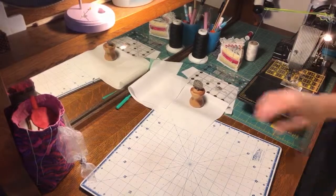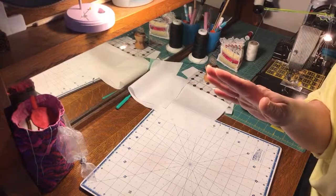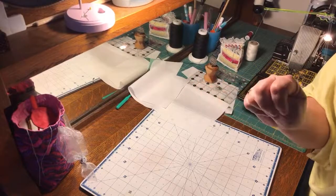Alright. I like how this is turning out. I'm going to go ahead and put my hand over the camera, and I'm going to...